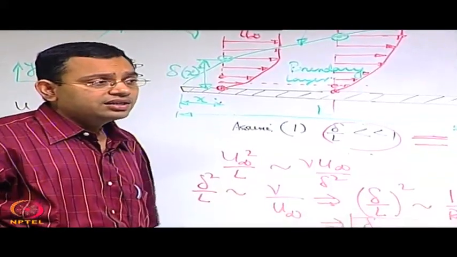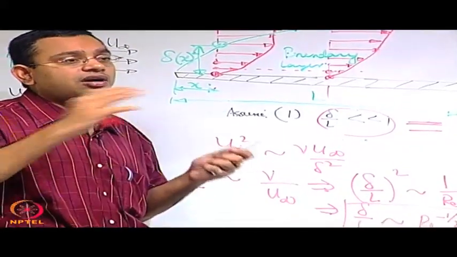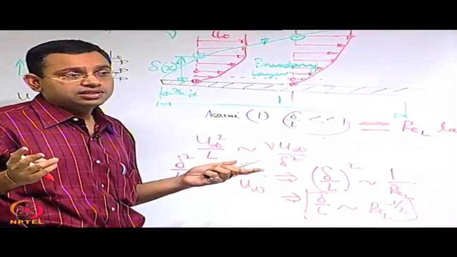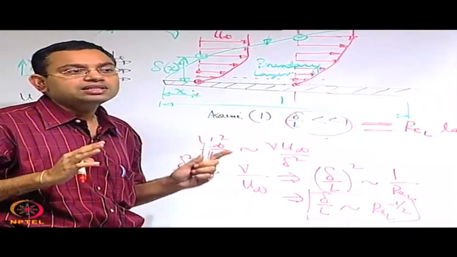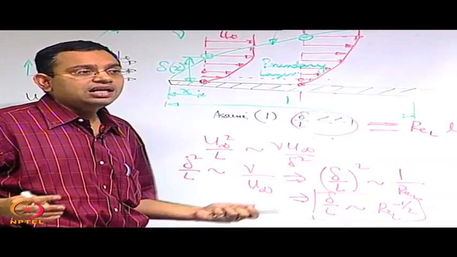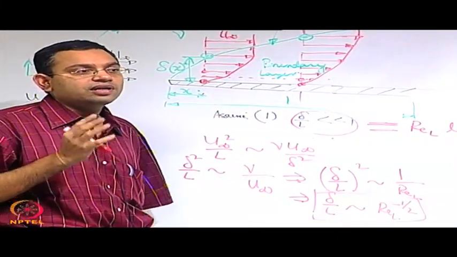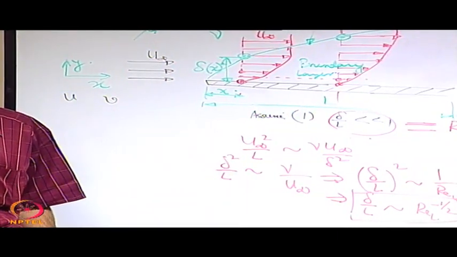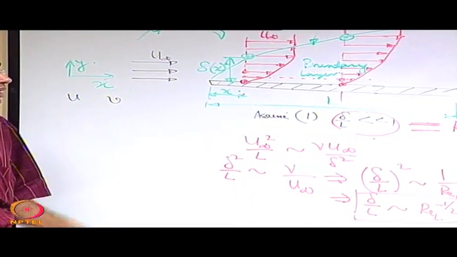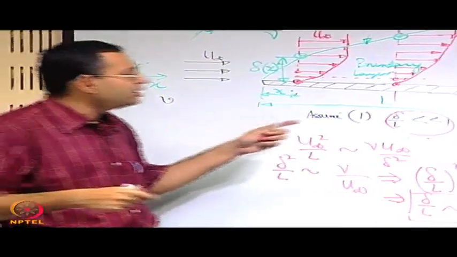On the other hand, if you are considering a curved boundary, there are two possible cases: dp dx greater than 0 and dp dx less than 0. We have discussed earlier that dp dx greater than 0 is considered an adverse pressure gradient in the direction of the flow. It tries to decelerate the flow, and it might so happen that the deceleration effect is so strong that the